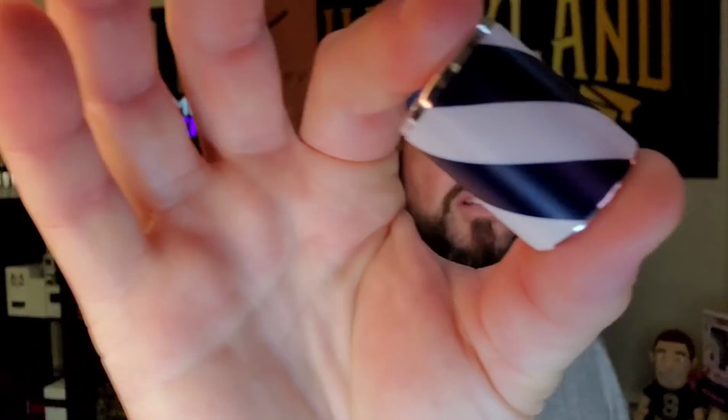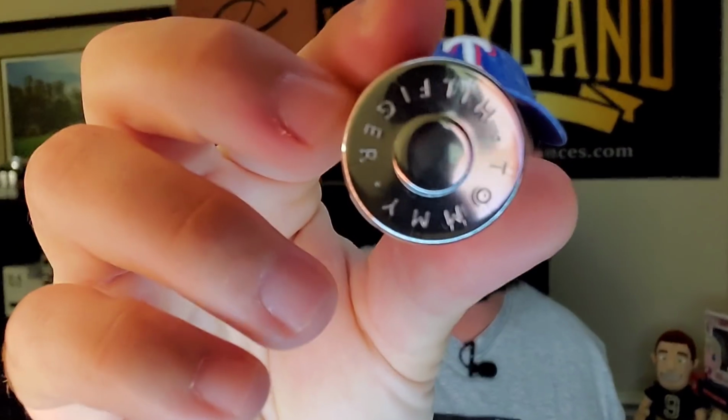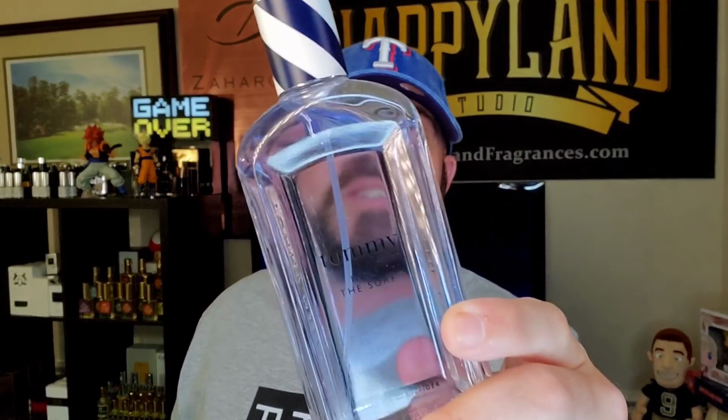I really enjoyed it. Every time I do remember to, I'll see the top of this cap in the box that it's in, and I'll be, ooh, yeah, I haven't wore that in forever, and I'll grab it and enjoy it thoroughly. And these caps are a bit different for the line. Has that candy cane style swirl. I do prefer the original caps for Tommy better, but that's not really what matters in this situation,